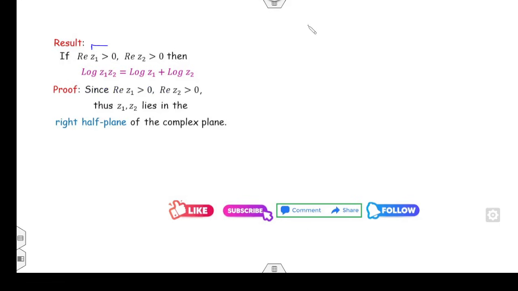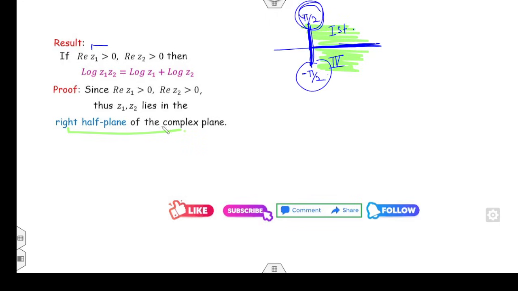जैसे आपका real part of the Z1 is positive, इसका आंसर यहां कहीं होगा, real part, that means it lies in the first quadrant or it lies in the fourth quadrant. That means you can see it lies only in the right half of the complex plane. Fine. तो जैसे आपका right half of the complex plane में लाई करेगा, तो आपका argument कितना हो जाएगा? This value will be -π/2 और this value is +π/2। तो आपका एंगल ज्यादा से ज्यादा π/2 हो सकता है और minimum -π/2 हो सकता है।